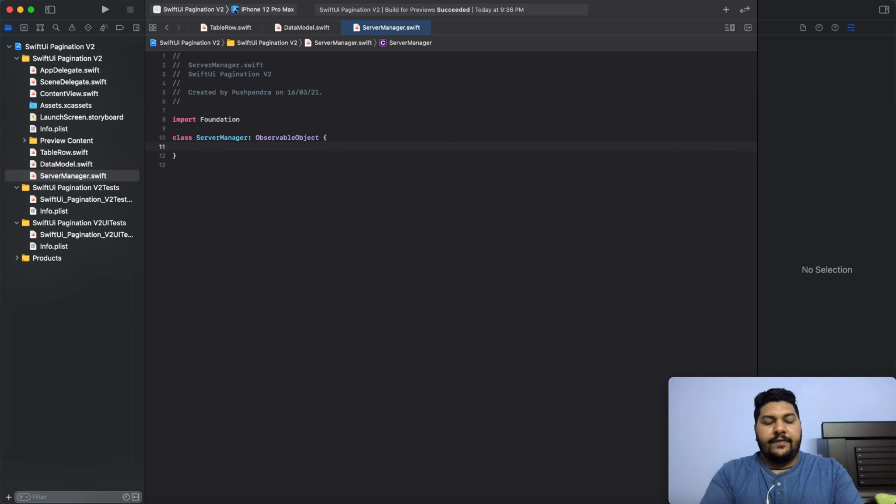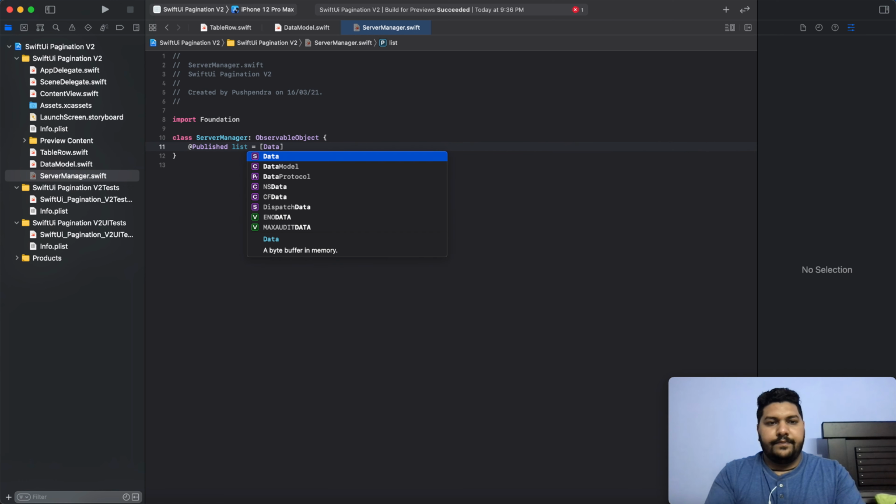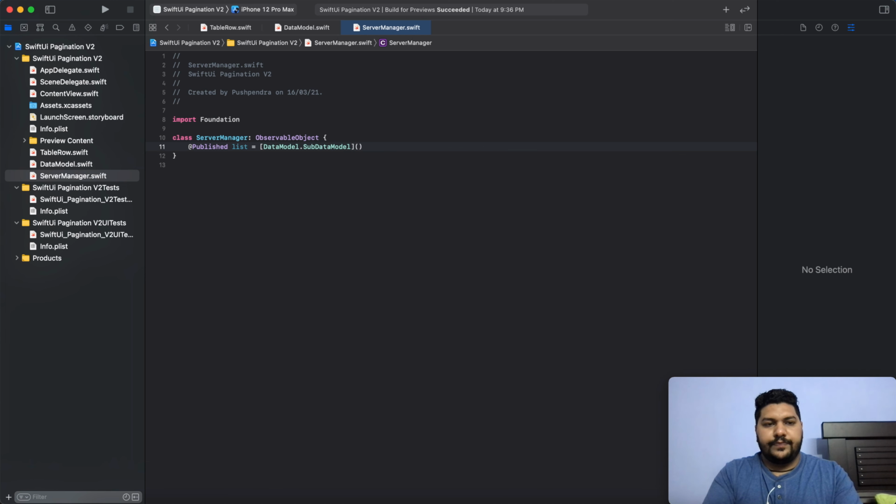Okay, after that I will create one global published list of type SubDataModel. This is my list. Okay, and before that add the var keyword.